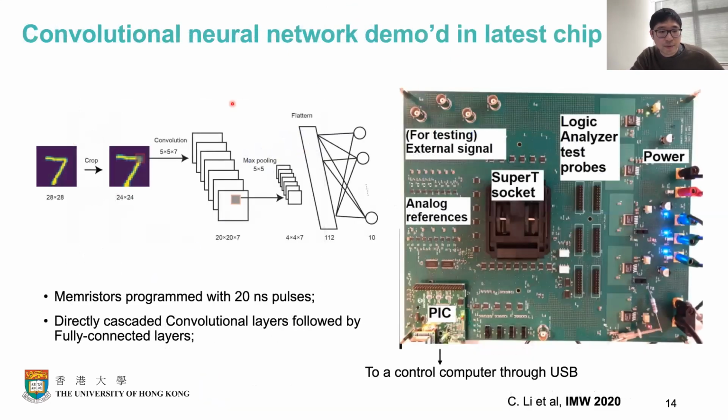With this device, we are able to demonstrate this platform can do a convolutional neural network directly on this chip, and we cascaded the convolutional layer followed by a fully connected layer directly on the same chip. This is the model structure. We have a fairly simple convolutional neural network model to help classify the MNIST handwritten digits. We don't downscale the image too much. We just crop the image from 28 by 28 to 24 by 24, and then transfer the image data directly to the chip through the chip controller